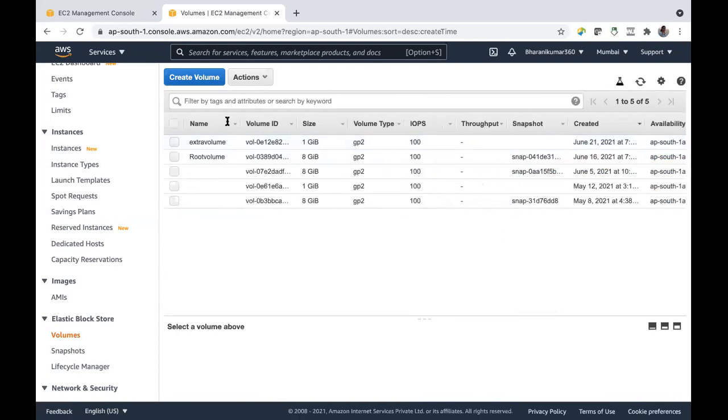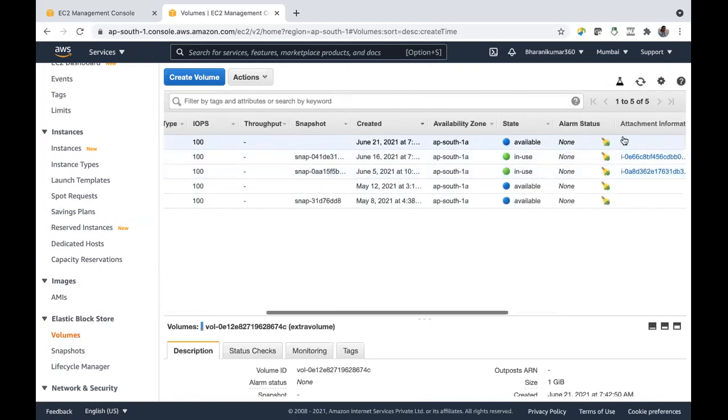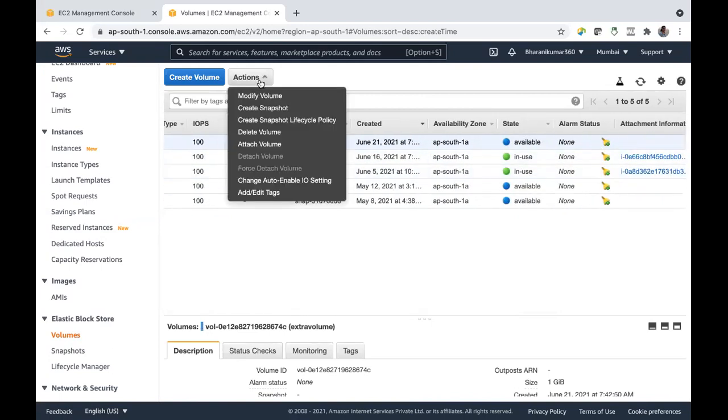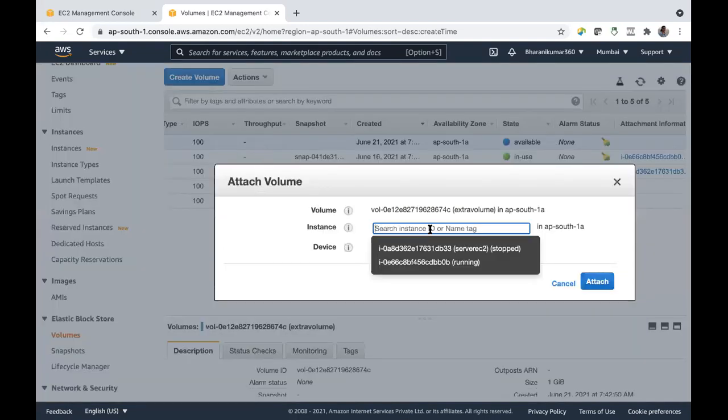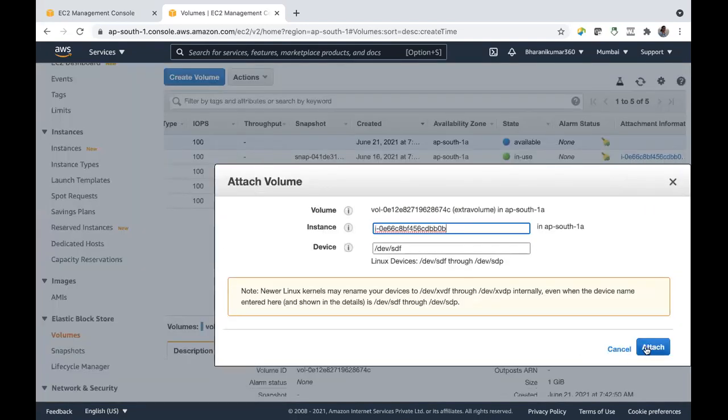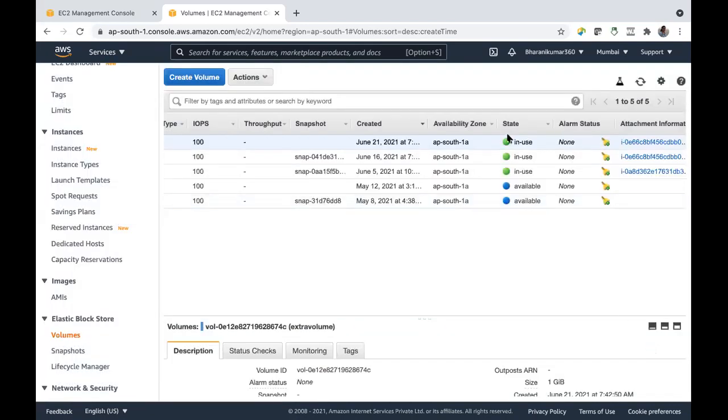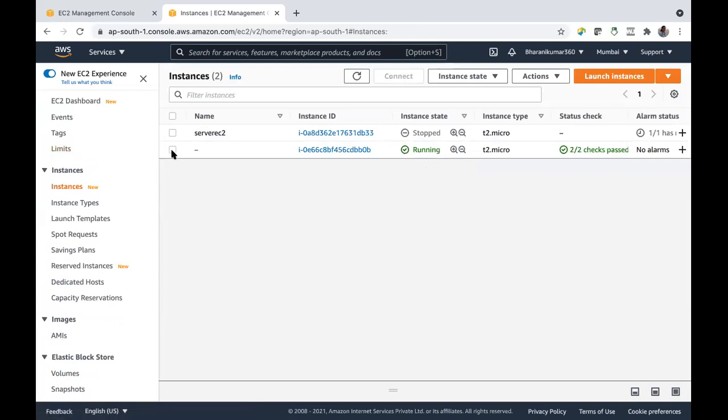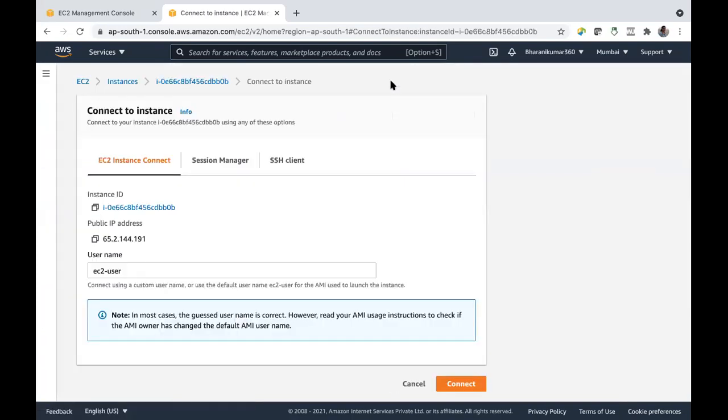I have not attached it. I should get the status as in use. Attach volume to this instance. Yes, attach. Now it is in use, and connect to this.